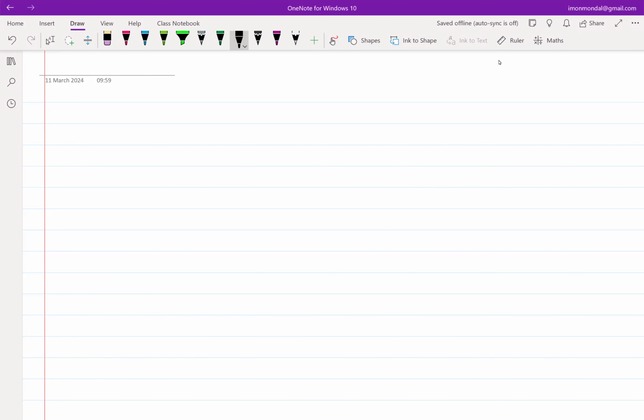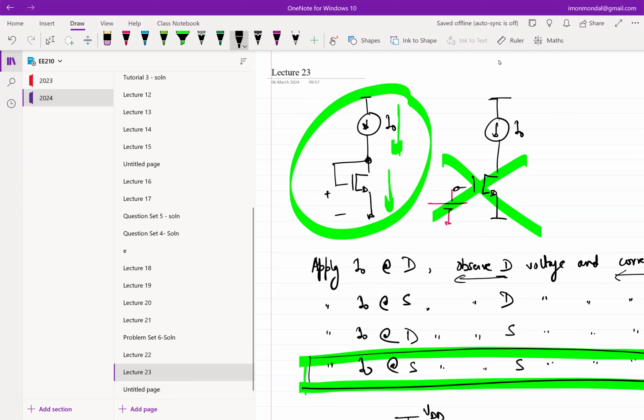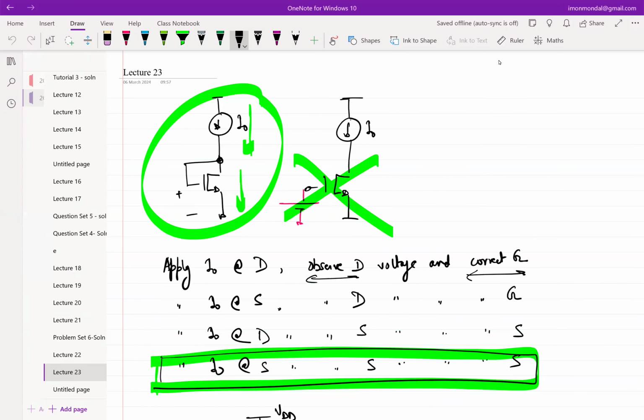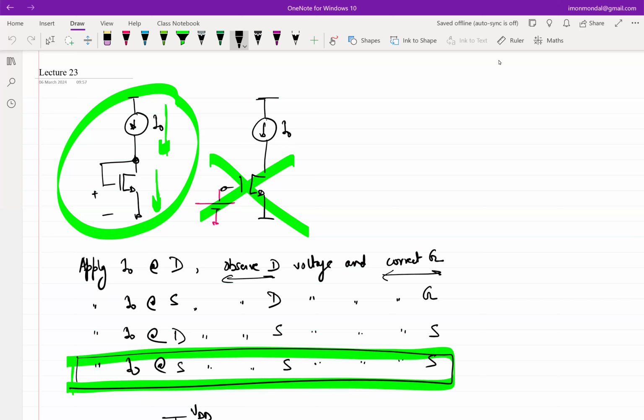Okay, so let's start. If you recall, we were discussing ways and means of biasing a transistor using constant current sources, and we have discussed two topologies till now. And if I take you back to the previous lectures, these were the four possible combinations that we were looking at, right? So the current source can be either connected at the drain or connected at the source, which